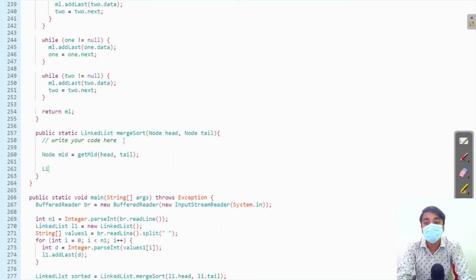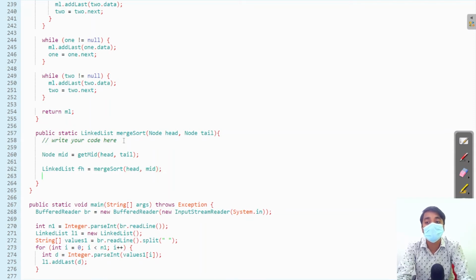Then we will ask for the first half, merge sort. Here we will pass head, then the mid. Now for the second half. Here we will pass mid dot next and the tail of the list.